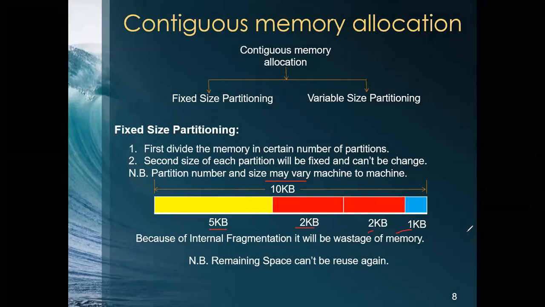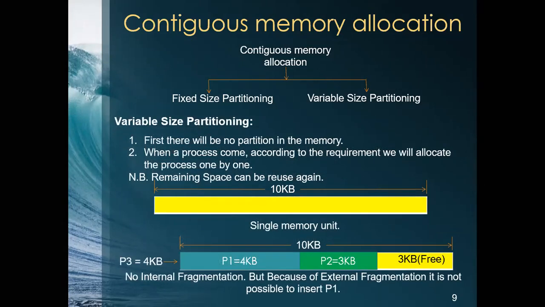Okay. Now let's see what happens in the next case, that is variable size partitioning. In the variable size partitioning, we will not divide the space, it will be an empty room. And now depending on which process I have, I will allocate memory depending on the process. So let's assume if someone thinks, I want to change my room, I want to make it larger, you can do it. The walls that we have are not fixed, you can move between the walls. So this is the idea about the variable size partitioning. Whenever a process comes, each process gets memory depending on its size.